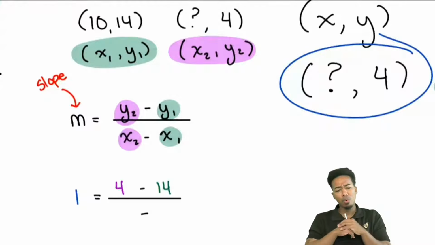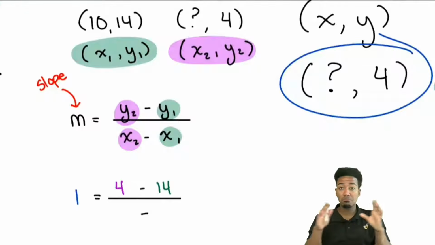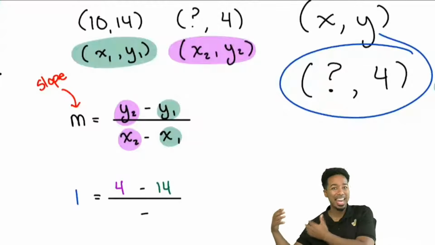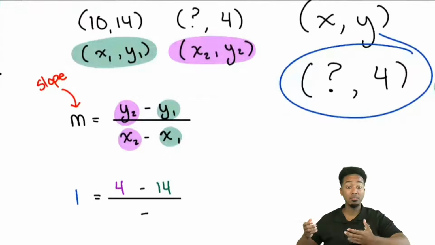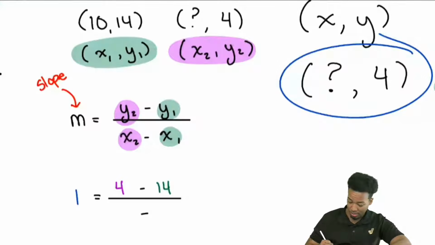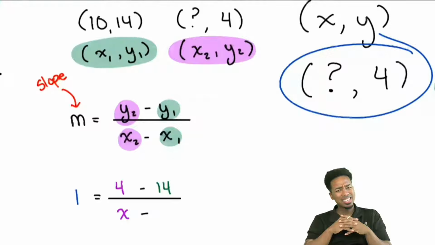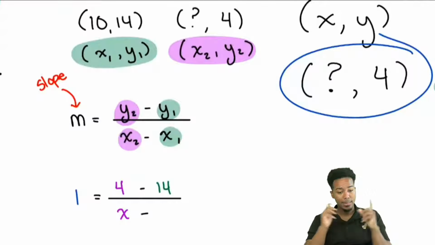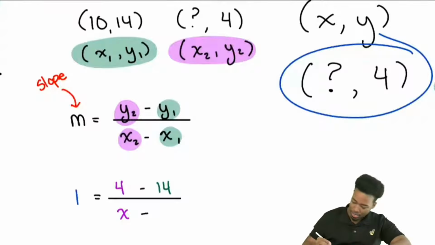Everyone, what am I going to put for x2? Yeah, we can put a question mark or we can put an X there. That's what we're looking for. We're looking for what that second X is. And so with that said, hey, that's fine. Just leave it as X. It's all good. Leave it as X. And then what am I putting in for X1? I'll be putting in 10. Sounds good. So cool. Let's go and mark that there.